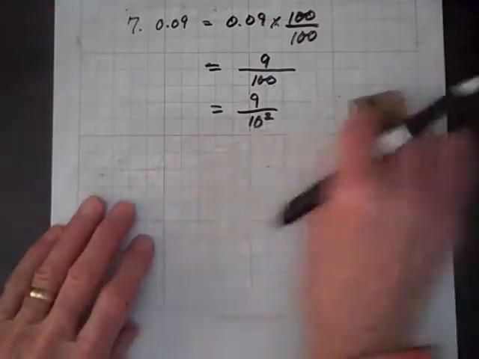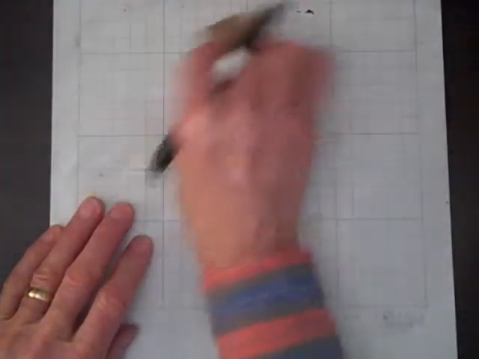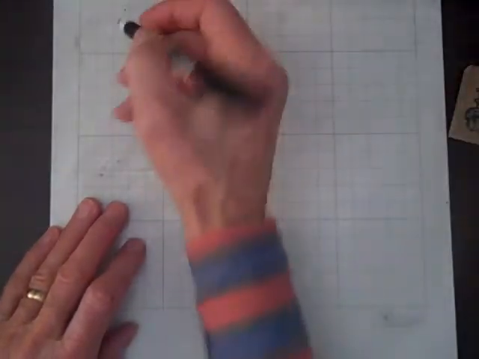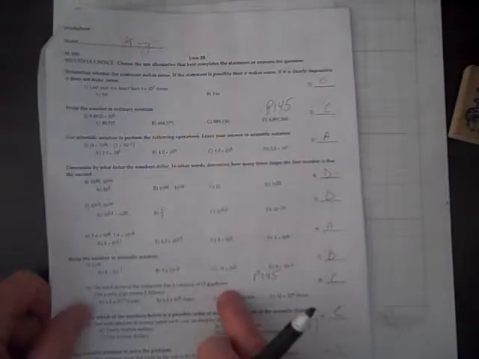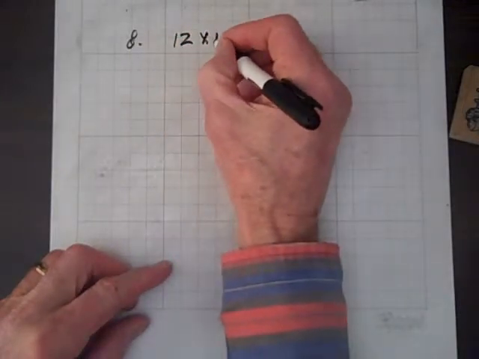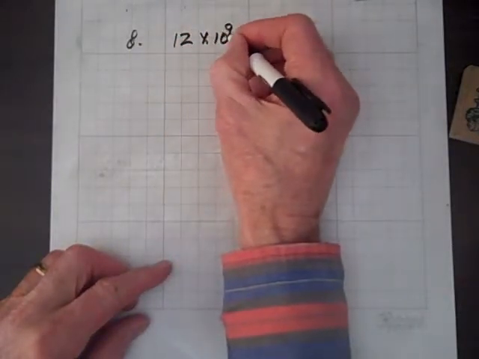So now, let's do number 8. And 8 says the hard drive of a computer has a capacity of 12 gigabytes, and the prefix giga refers to 1 billion, which is 10 to the 9th, so we have to write this in scientific notation. Okay, 12 times 10 to the 9th,